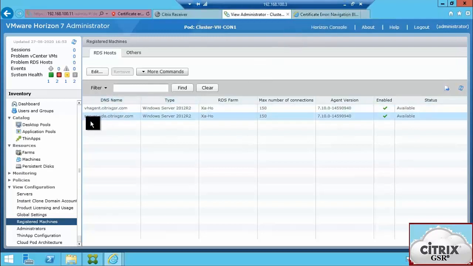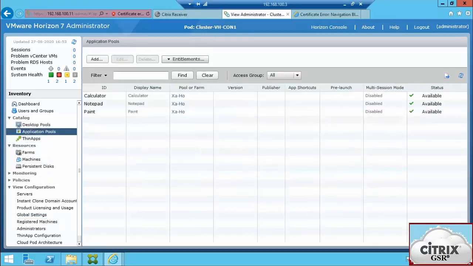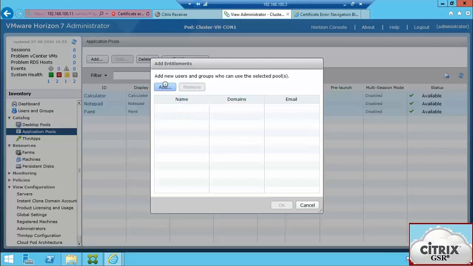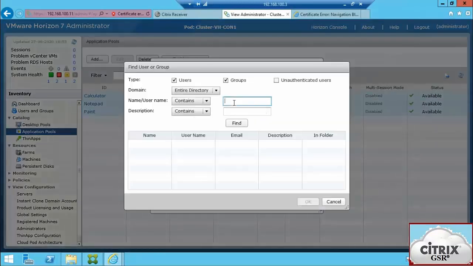Now we'll try to access this application as a user. First we need to assign this application to the users. I'm going to give this application access to the domain users.